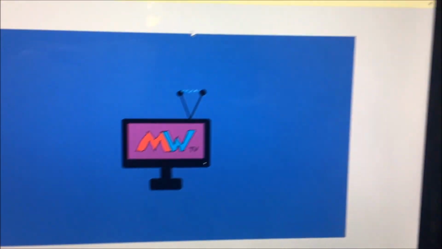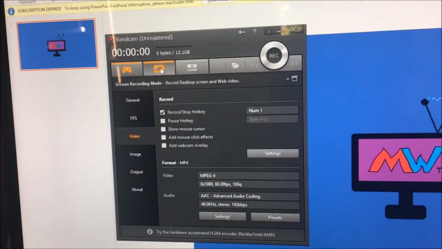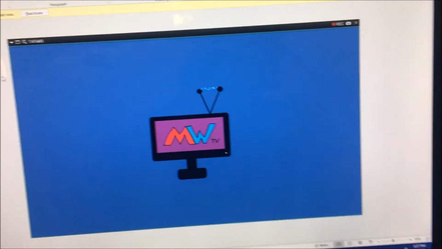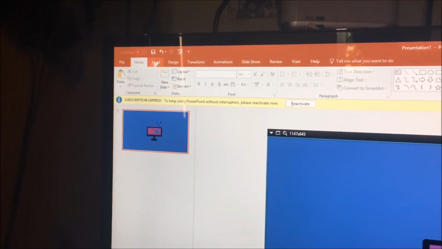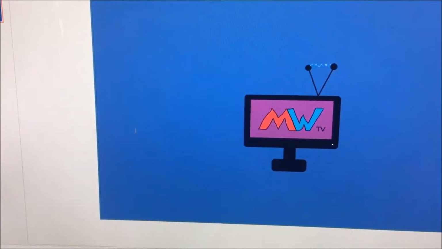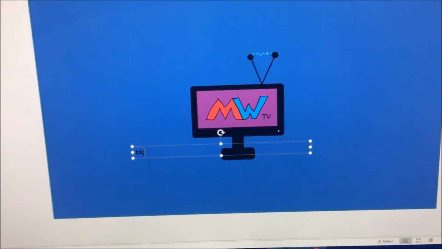Now you're probably wondering how do I save this? Well, in order to do that, you need a thing called Bandicam, but there is a free version which I always use. Now in this thing you could also type in stuff. And for example, just